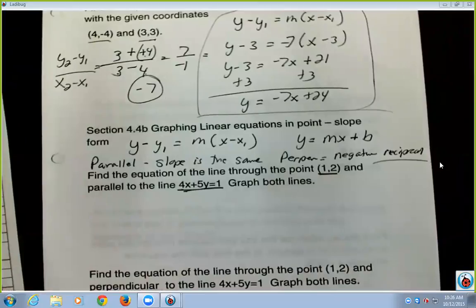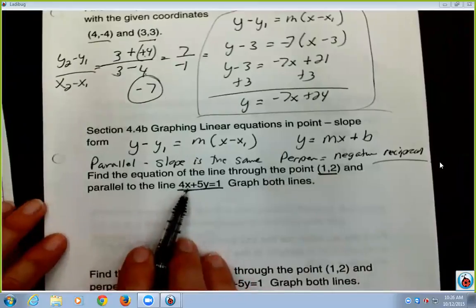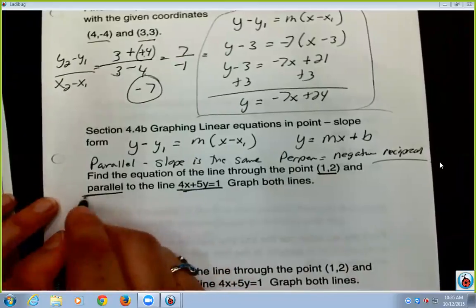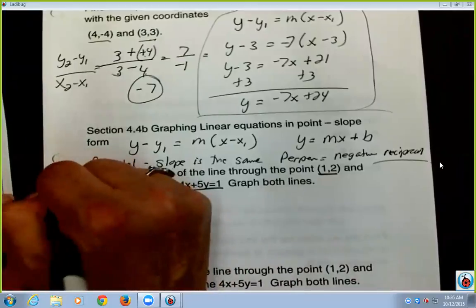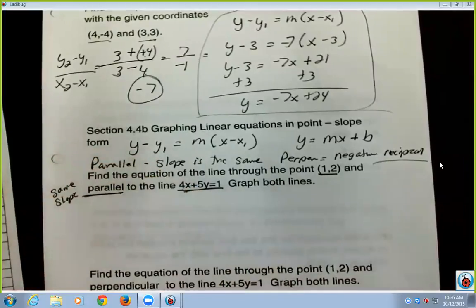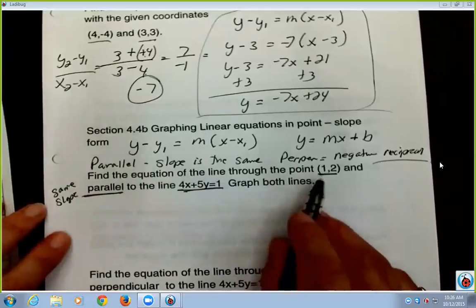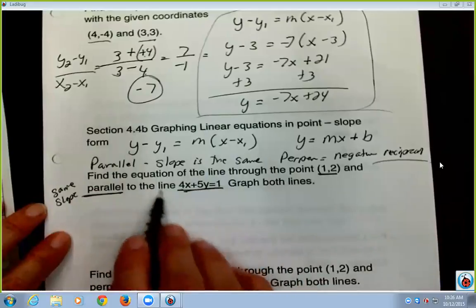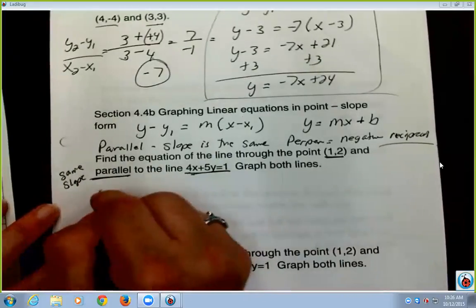So I need to figure out what the equation is going to be of this other line. So first thing is parallel, so I know the slopes have to be the same. So the same slope. So I know that piece. We good there? Well, it's going to go through that point, but I need to use this line to do that. So I'm going to take this line,